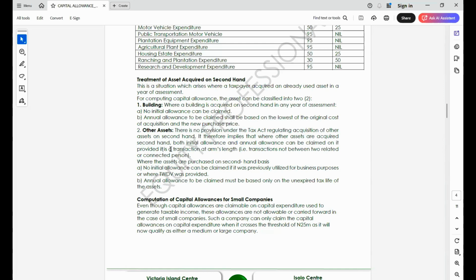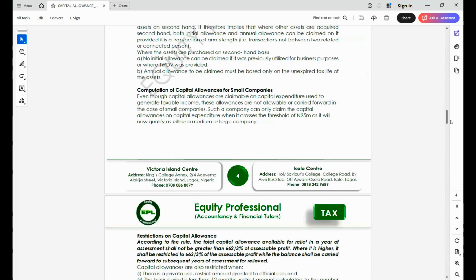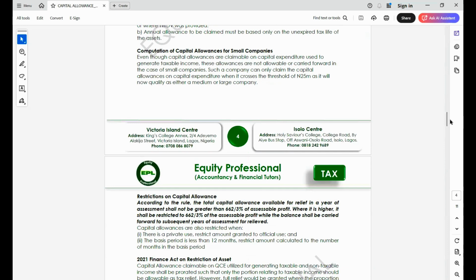the transaction is not at arm's length. Where you are told that the transaction is not at arm's length, that is, the transaction is between related parties, between connected persons. Where the transaction is between a parent company selling to a subsidiary, it is believed that the parent will have enjoyed the